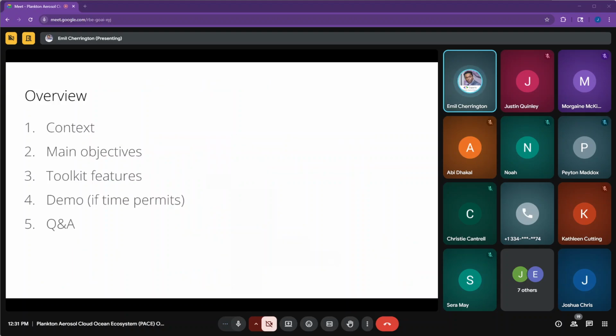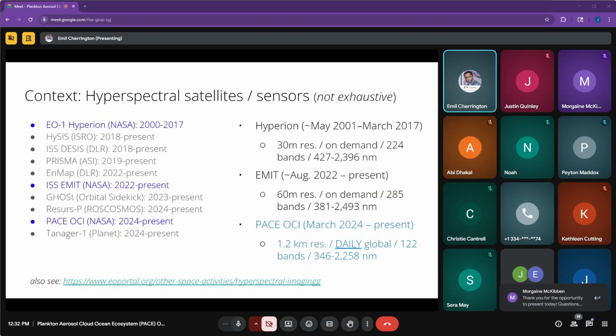I'd like to talk a little bit about a plug-in set of work that we've been adding on to some of the PACE data that Morgan showed, and how folks here can hopefully also access data in a different way. I just have a few slides; this is the overview. To add on to what Morgan said, maybe just to back up a wee bit,